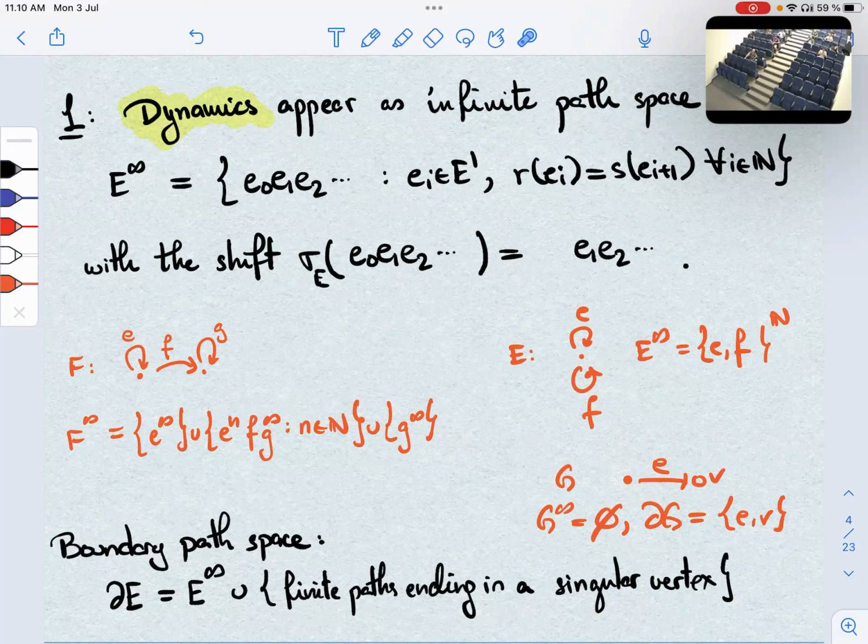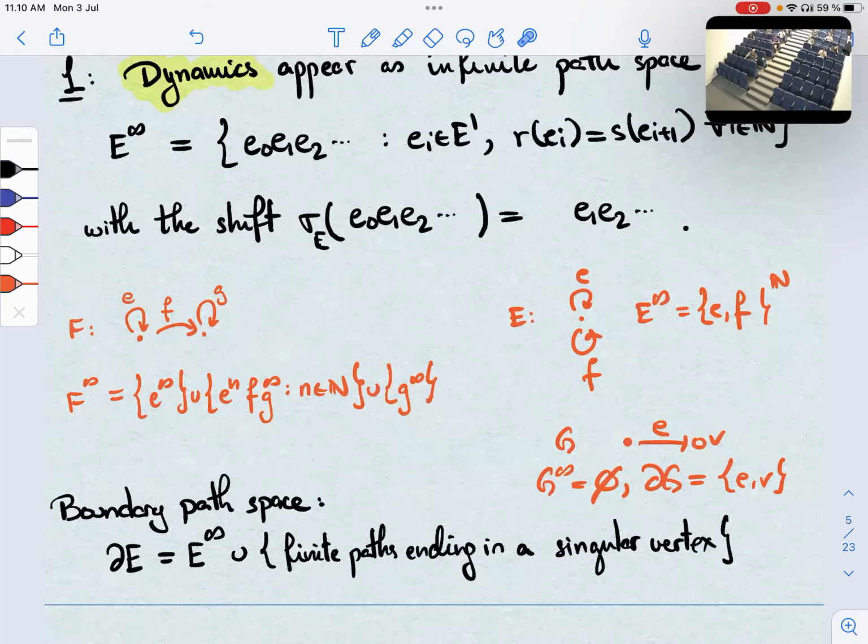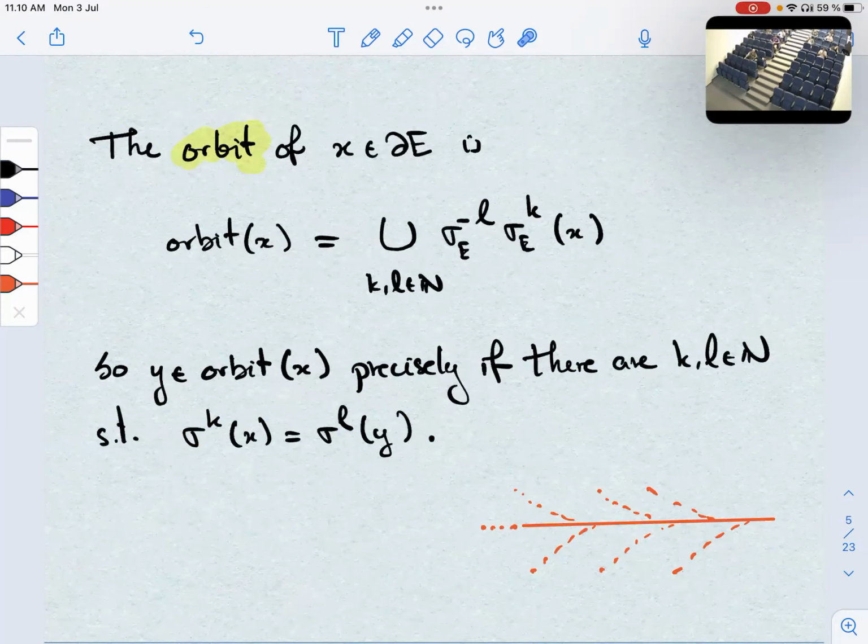It's just to say, for nice graphs, it's enough to look at the infinite paths, but if you want to generalize, you have to be careful with the singular vertices. So that's the first level. That's the dynamics. So, moving on to the next level, sorry, I wanted to mention before moving on to the next level that